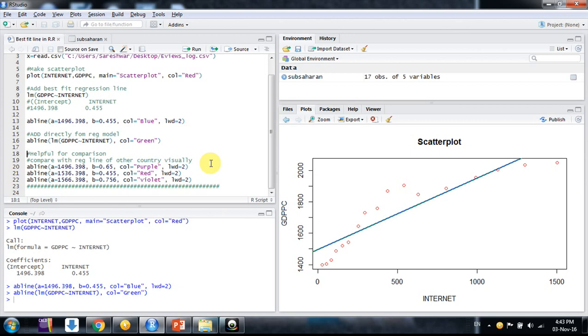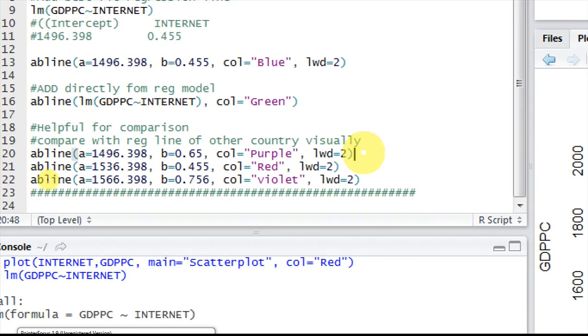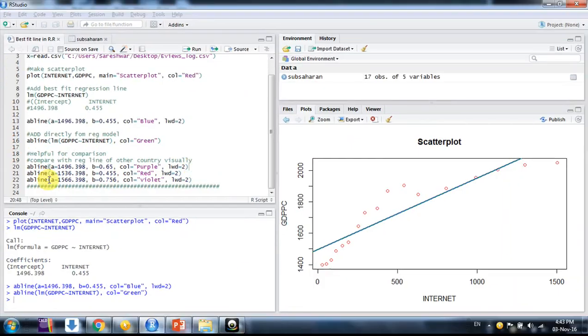Now what are the usages of it? The very useful thing is you can compare. Suppose you want to compare a different country that has the same intercept, but it has a different slope that is higher as compared to your country. Color I am giving purple here and width the same.